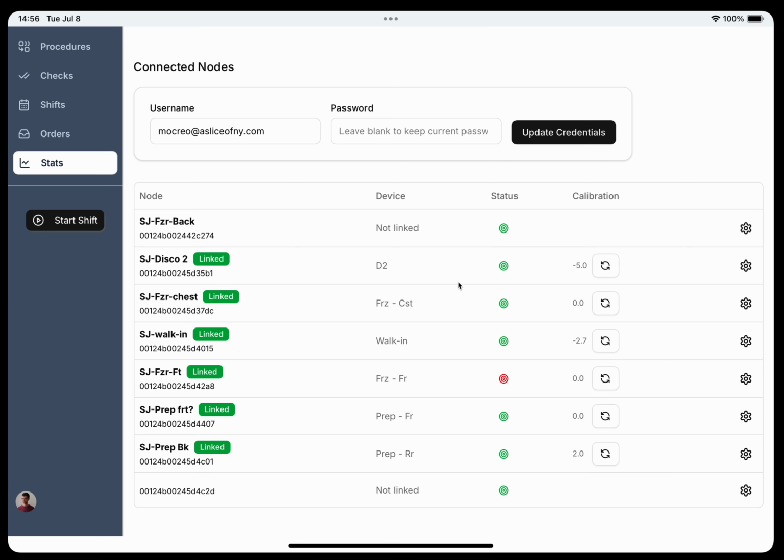linked in the Mocreo app, right? And then we can choose which of these devices are linked to the devices that are in the top app. So here we see ones that we've linked. To link one, you just click this button and click link node, right? One that has already been linked,